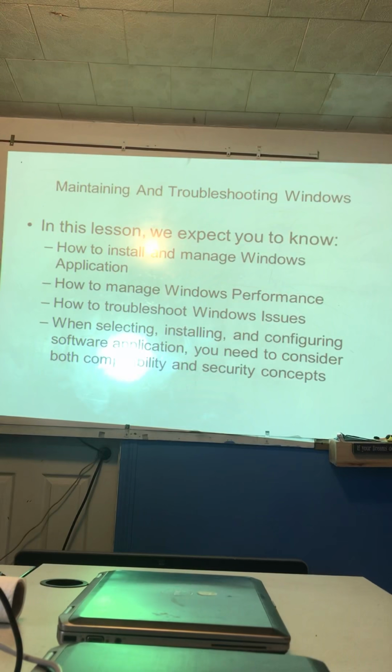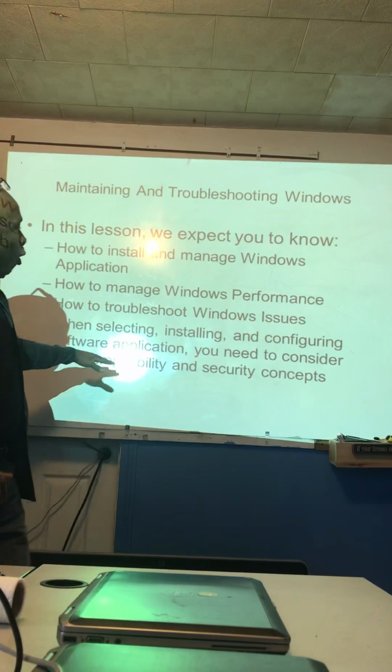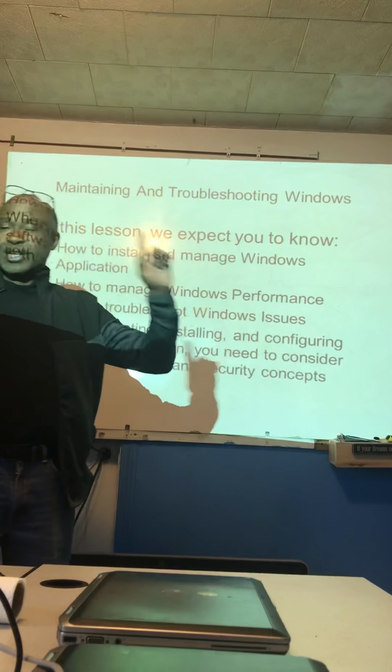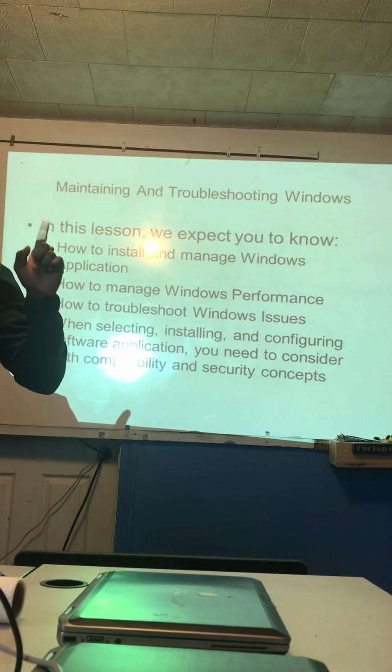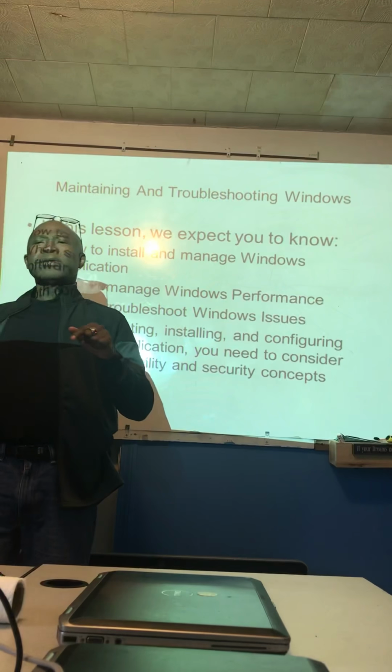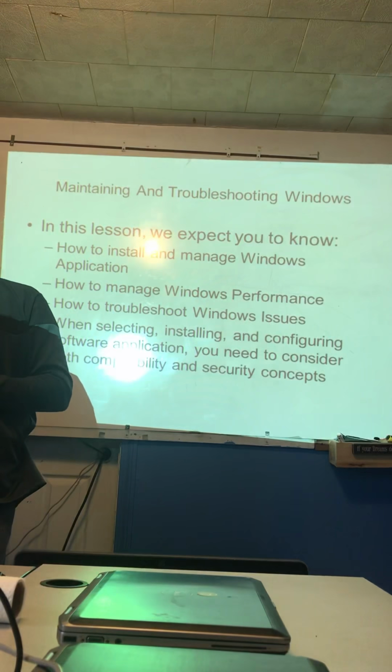Now, in this lesson, we expect you to know how to install and manage Windows applications, how to manage Windows performance, how to troubleshoot Windows issues, and when selecting, installing, and configuring software applications, you need to consider both the compatibility and security concepts. That is very important. Security concepts. And the most common way to prevent installing malware